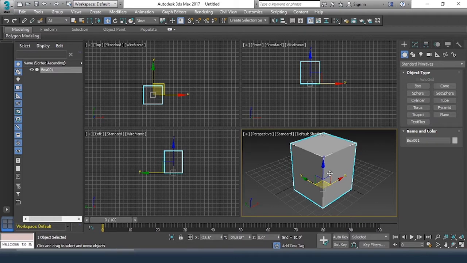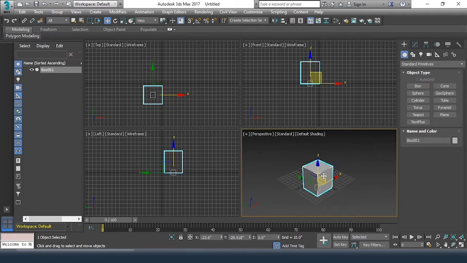Now since this is a primitive object, for this it is not important. But if I have a model, a character, a robot, an aeroplane, any object other than this box, then definitely I'll be requiring a UVW map over it. So we'll see what is UVW map and how it is going to help us.